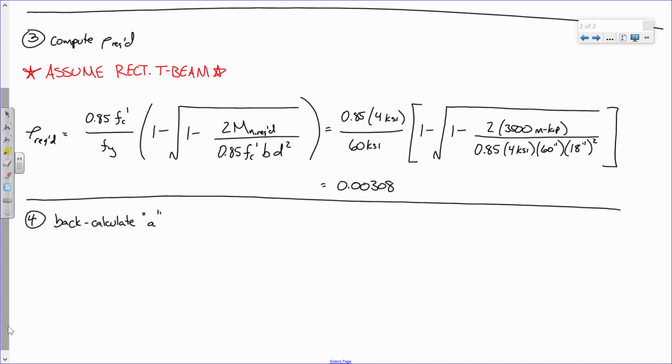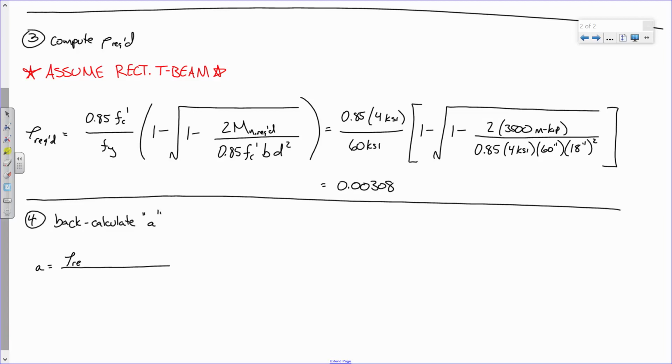So here's what we're doing. Step 3, we made an assumption that this was a rectangular T-beam, okay? And so we compute the row value assuming it's a rectangular T-beam. Now what we're going to do is take that row value and back calculate A to see what A would be if we used that much steel. And so let's see what that is. Okay, and so that A value is